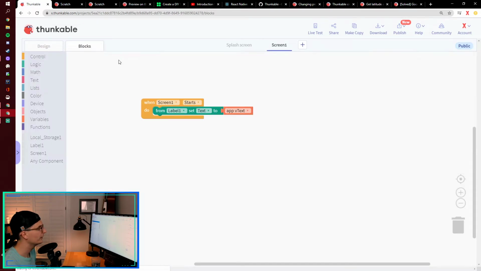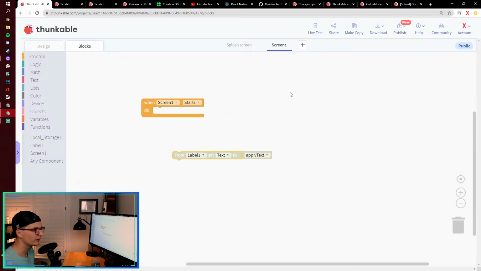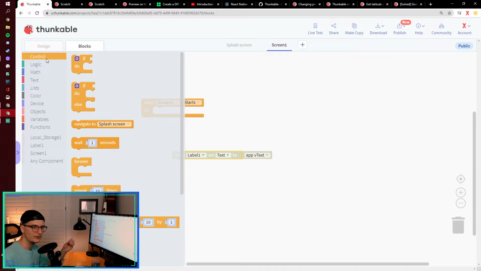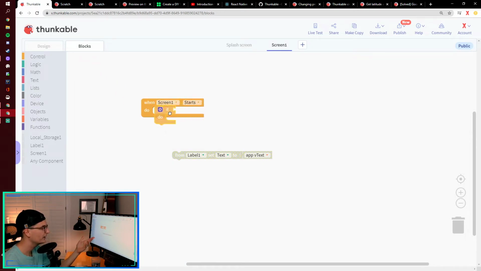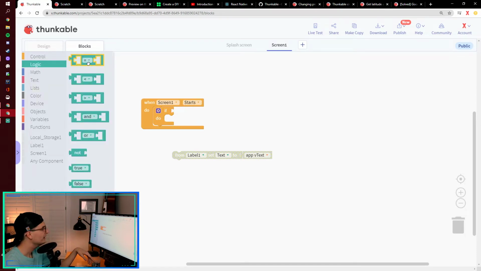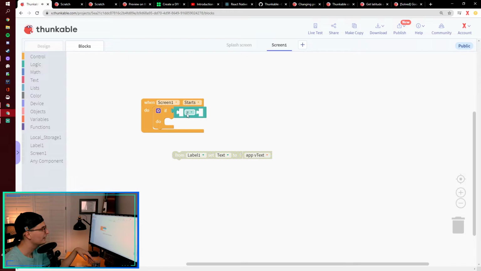And what we want to do is, based off what they enter, what this variable is, we'll say something. Whenever we want to do something conditionally, because you said based off what is saved, whenever you're doing something based off something else, you're going to be checking something. And whenever you're checking something, you're testing something. This is where you get into if statements inside of Thunkable and inside of coding in general. So we'll say if the vtext